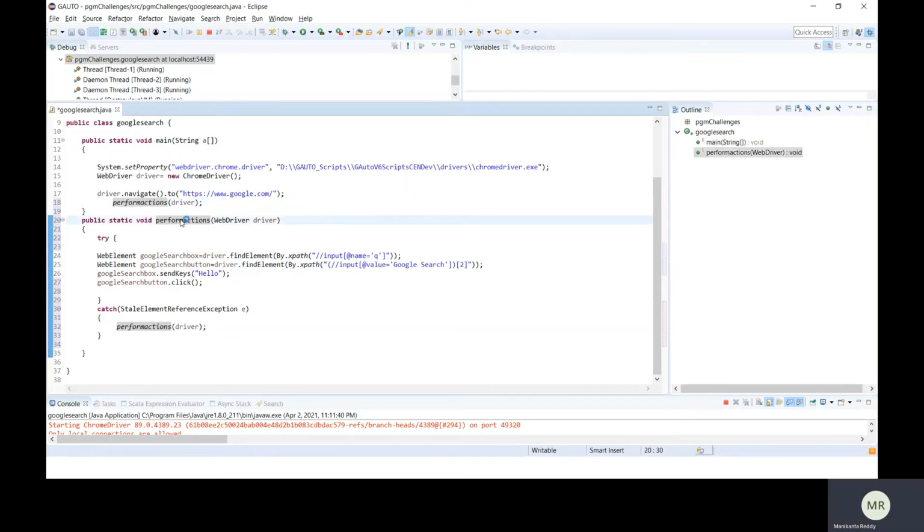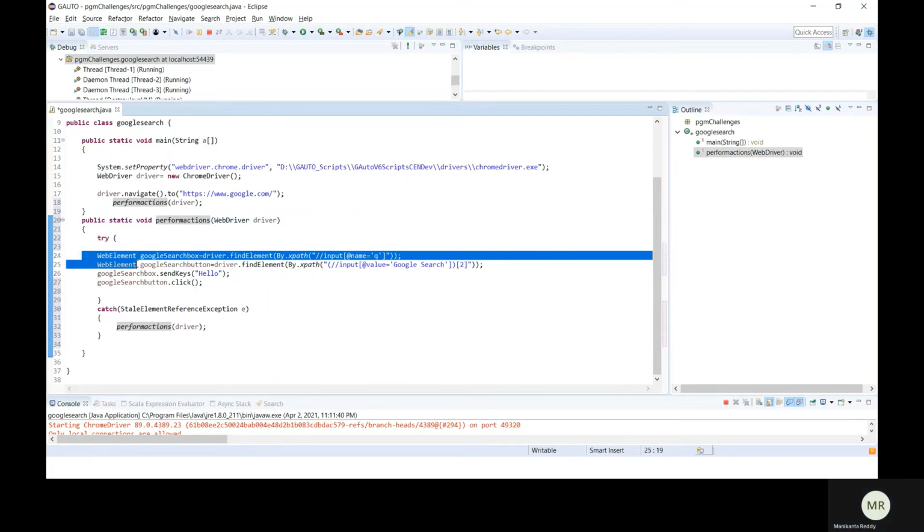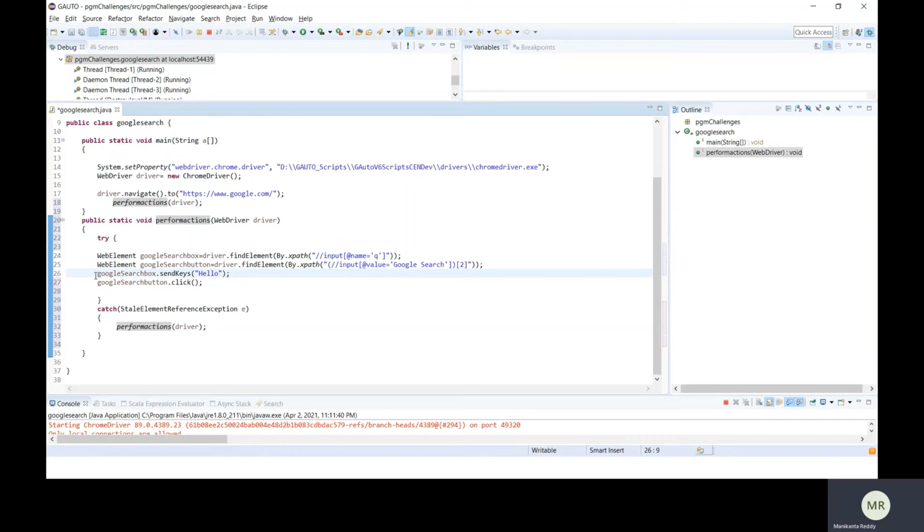This is a method performActions where we are finding the elements for the search box as well as the search button, and we have sent the keys hello to the search box, and we are clicking the search button.